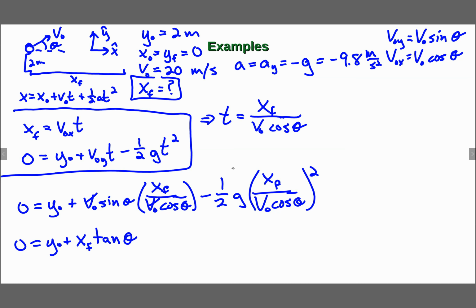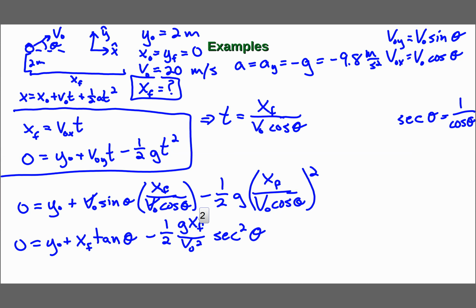Minus 1/2 g x final over v naught squared, and then 1 over cosine is secant. Secant theta equals 1 over cosine theta. Okay, so we're going to say secant squared. Okay,